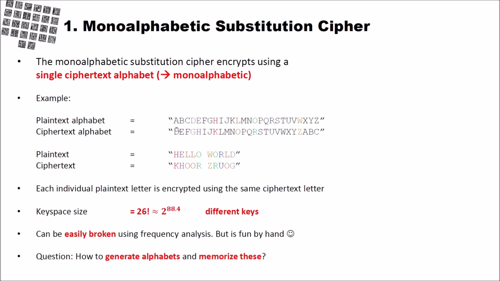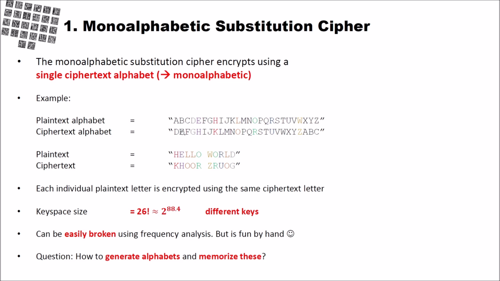For the first letter here, if we can freely choose, we have 26 different letters to put at this position. For instance, the D. If we decided to choose the D, we only have 25 letters for the remaining part of the alphabet. Now we choose the E. Then we have 24 different letters remaining to choose for the 3rd position and for the 4th and so on. And this can be computed using the factorial. So 26 factorial is the key space size, and this is about 2 to the power of 88 different keys,